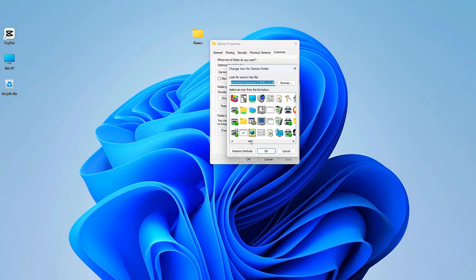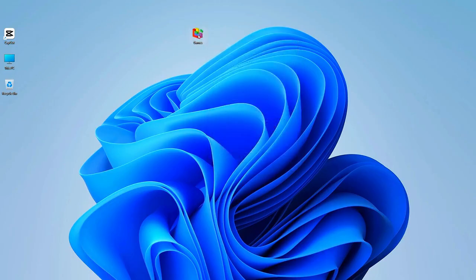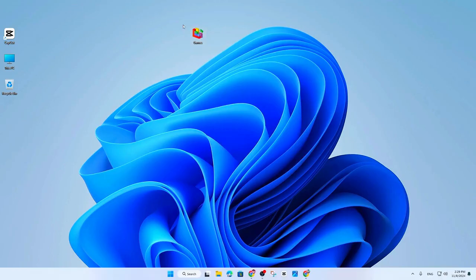Like, I'm going to select this icon over here, click OK, click Apply, and OK. You can see my games folder icon is changed. If you want to use some different customized icons, you simply come over into your